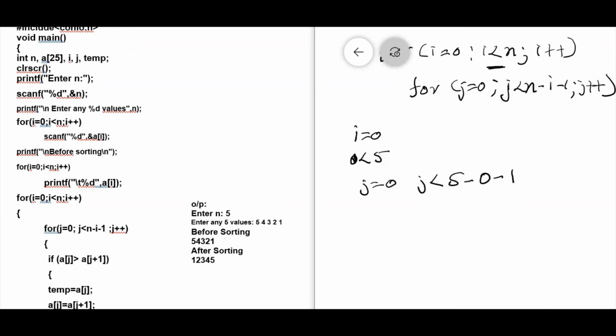So as long as j is less than 4, the inner for loop executes.